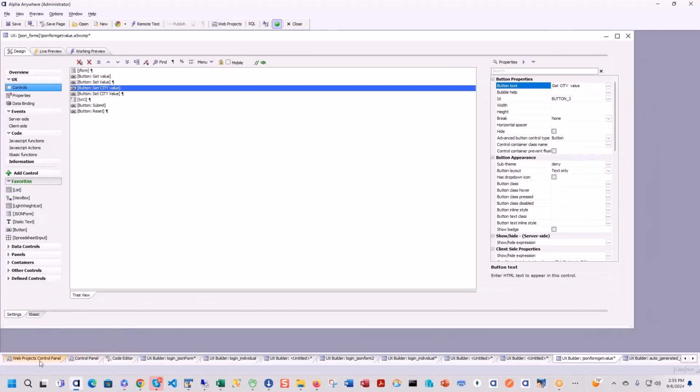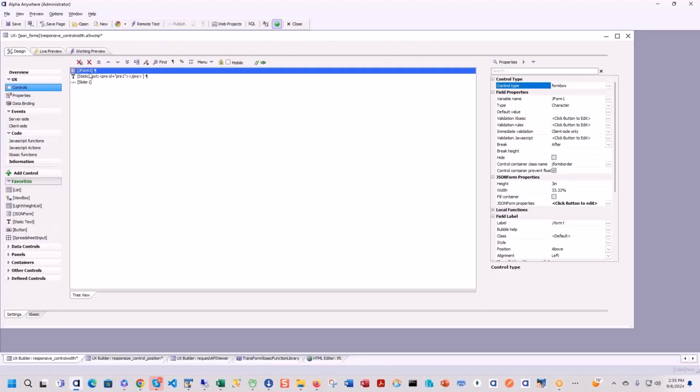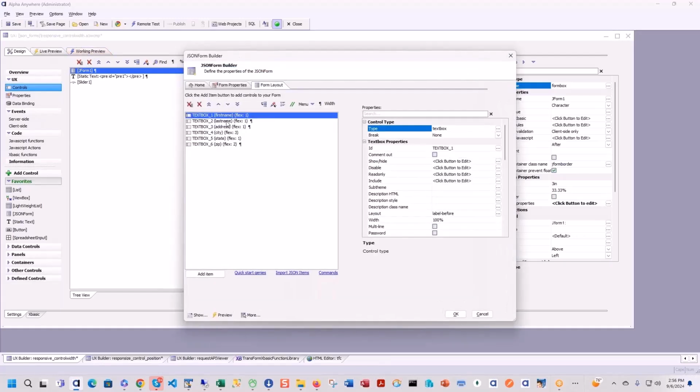So let's go take a look at some other JSON forms over here. One of the things that's really nice about JSON forms is that they are completely responsive. So let's take a look here at this control. Here's a JSON form, and if we look at it, we can see that we've got first name and last name on the same line, and they are flex 1 each, which means that they are the same width. Then we have address on a line by itself. Then we have city, state, and zip on a line by themselves. And we have city being flex 3, which means that city is going to be 3 times the width of the state field, and zip will be 2 times